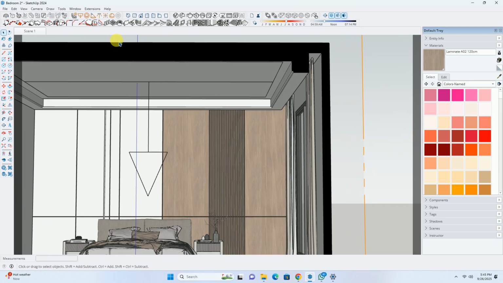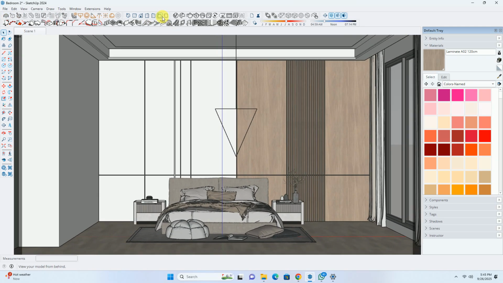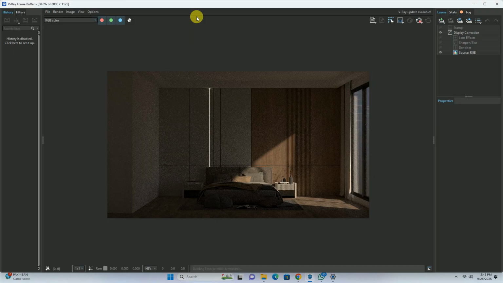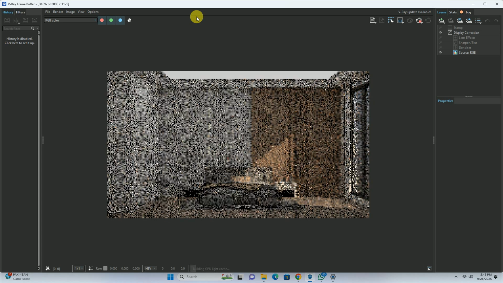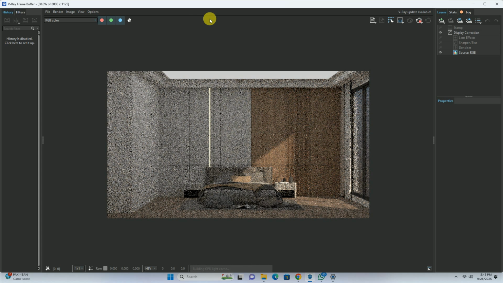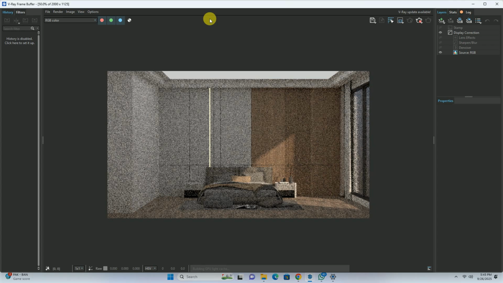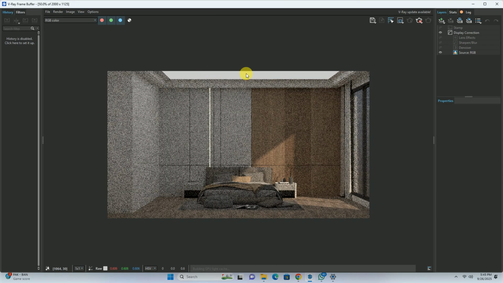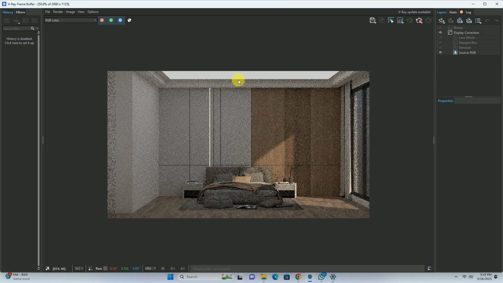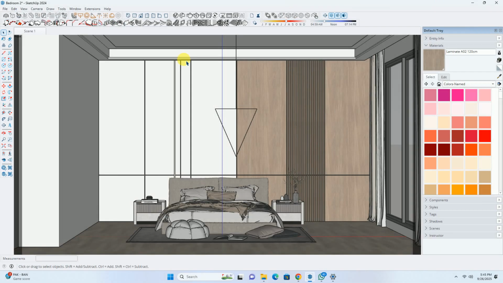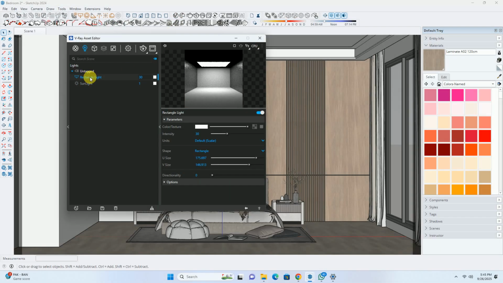Now, when we have applied a rectangular light, if we go to this interactive feature, you can click on render, interactive render. Now you can see some additional light being added because of this rectangular light. But when we see the render, we can see that this light is being displayed in a white kind of color scheme. You can rectify it. We'll stop this render and go to the settings option for the rectangular light.